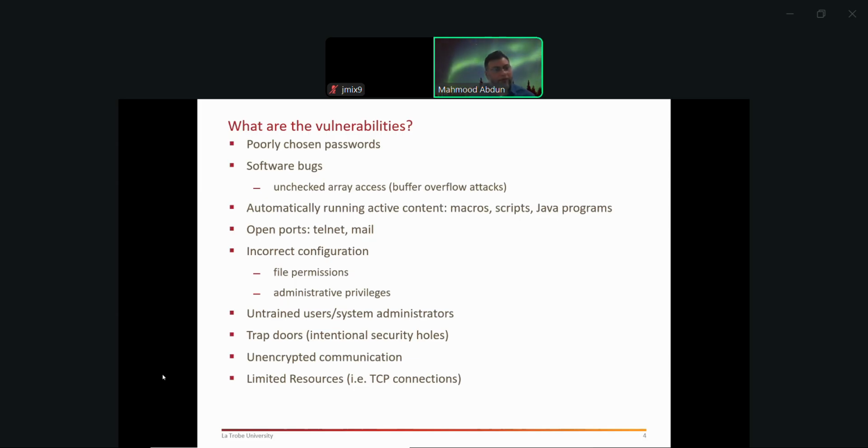Okay, so essentially that. What are the other vulnerabilities? Open ports. There are two examples given. Telnet and Mail. These are applications of the internet where you can log in from one machine to another machine. Telnet is now long gone because Telnet itself was completely unencrypted. It was in plain text.